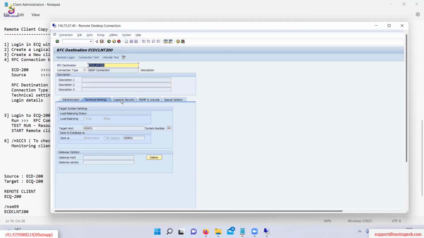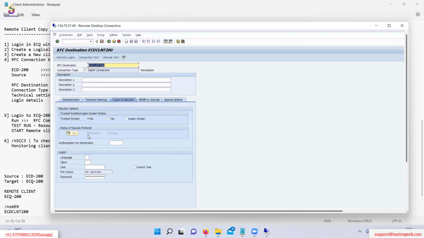Now I will go into logon and security. Language is EN. Client 200. User. We need to give the user of ECD. So here I will give the user Aditya, and the password is India123, I capital. Okay. So these details I have given. I will save this. Before saving, I will put the description here. RFC connection